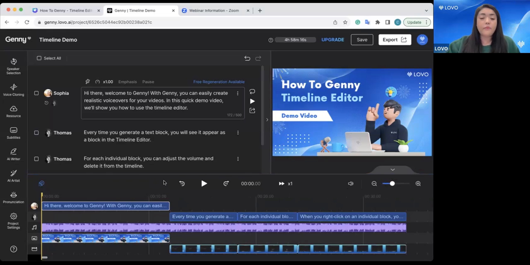So these are the few features, the basics, as it were, the foundations of our timeline editor. And you can see here we have our voice. So I have Sophia. As Janie mentioned, if you hover over it, it will tell you the voice that you're using. And then we also have Thomas, who appears here as well. I have an audio level. So this is just a piece of music that is playing in the background, and then an image and various videos here. So this project would be, I guess, a short demo video for timeline editor,